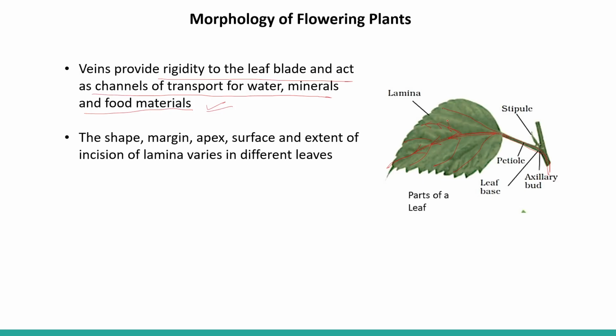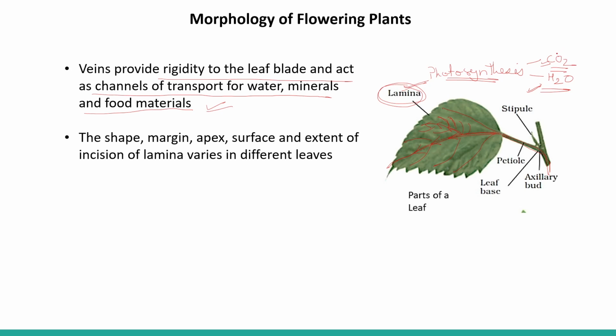And from this vein, many veinlets originate. So water is moving to this veinlet region even. Okay, so now why is this happening? Because the lamina is the part of a leaf which is more concerned with the process of photosynthesis. And for photosynthesis, two raw materials are required. That is carbon dioxide and water. Right? Carbon dioxide and water are required.